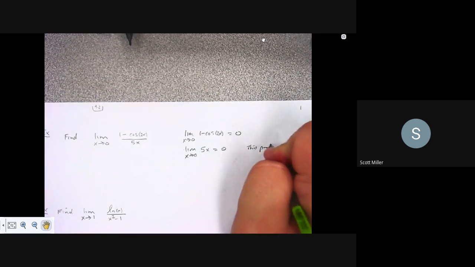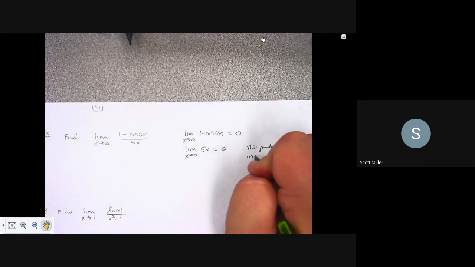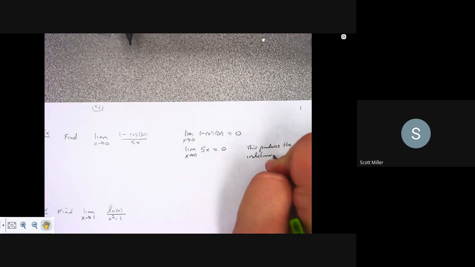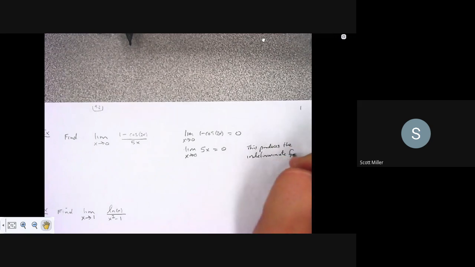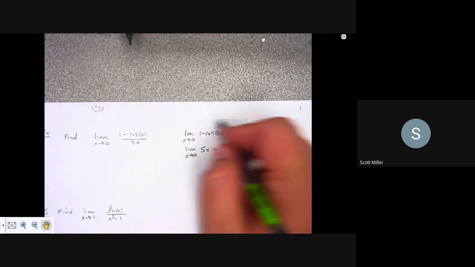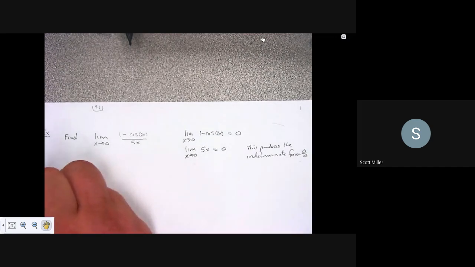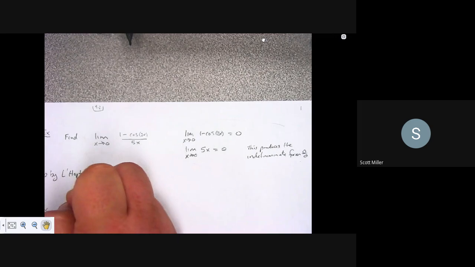This produces the indeterminate form 0 over 0. That is what you have to do. Okay? You do that first, then, so by L'Hopital's rule,